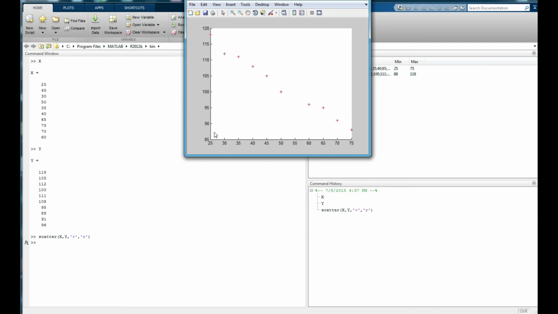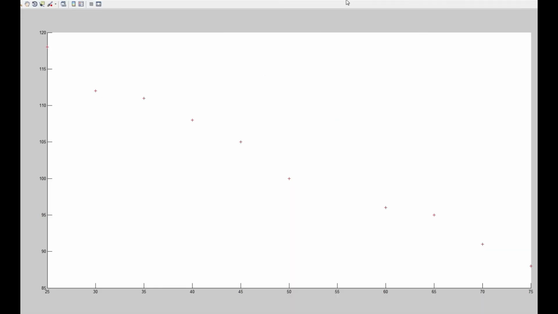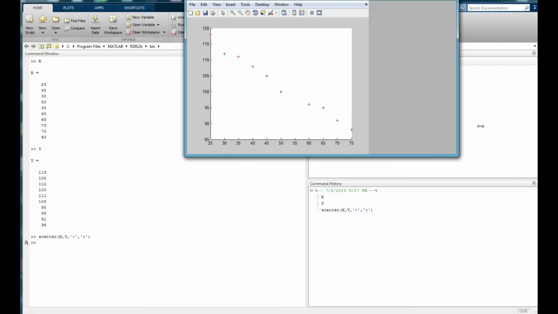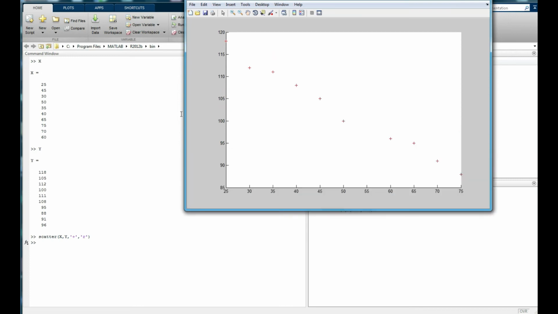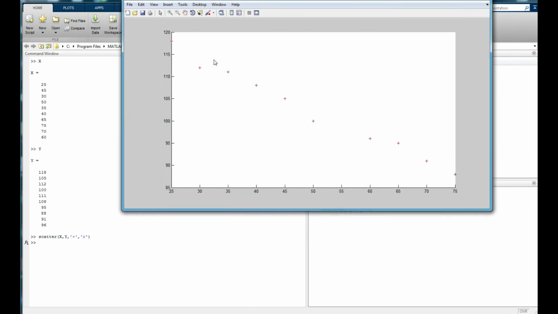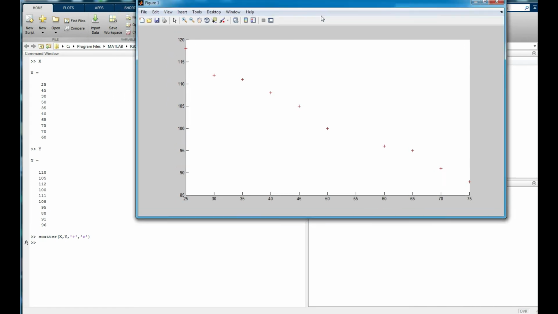And the next question is how we write the x label and y label. Here I enlarge the size of the file to make it clearly visible.